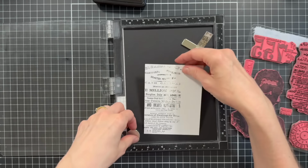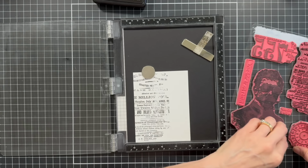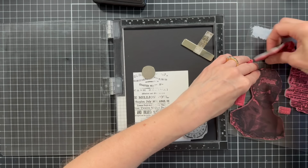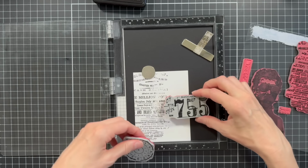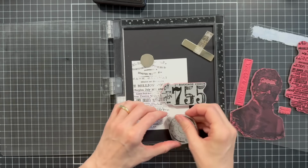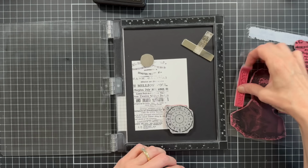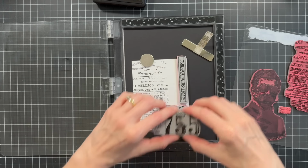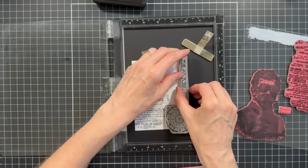Now let's scoot that over. I'm going to do a little more stamping off to the side here, and just kind of doing some layer stamping here. So there, I'll run that one along there. Then I'm going to come back over the top with that, but